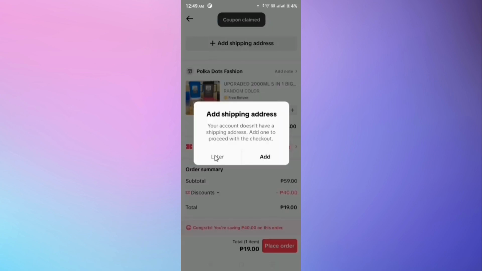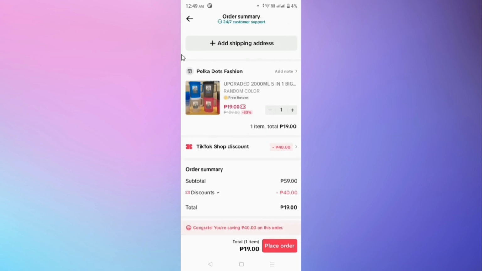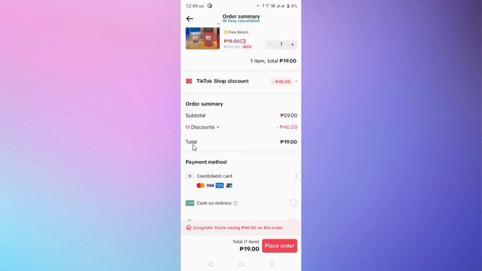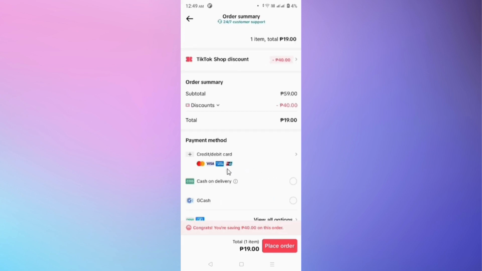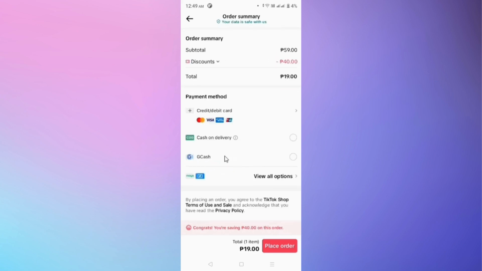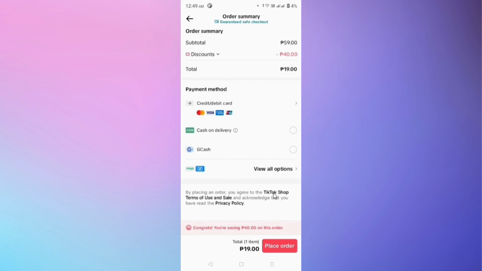So make sure to add your shipping address and the payment method you want to use. They are applicable to credit or debit card, cash on delivery, GCash, Maya, and so on. So after you settle everything, just tap place order.